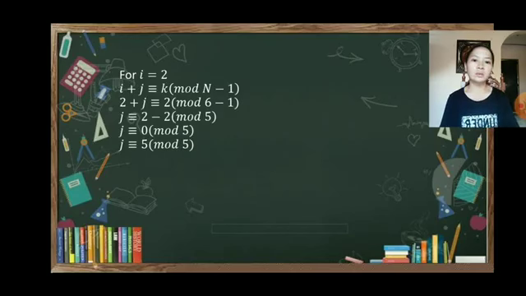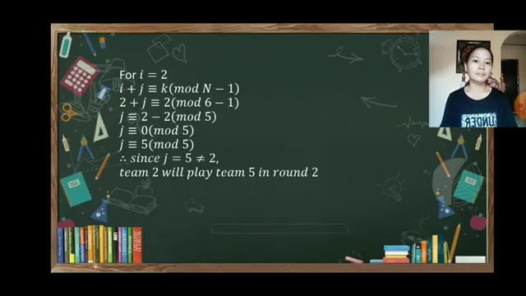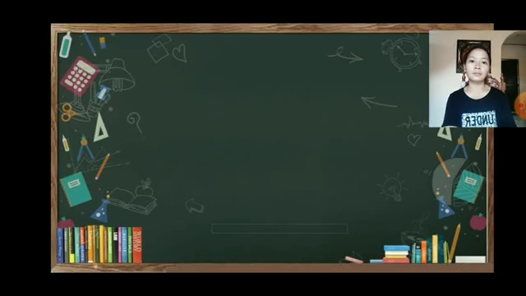So, j is congruent to 5 mod 5. Since j is equal to 5, not equal to 2, team 2 will play team 5 in round 2. And for i is equal to 3,